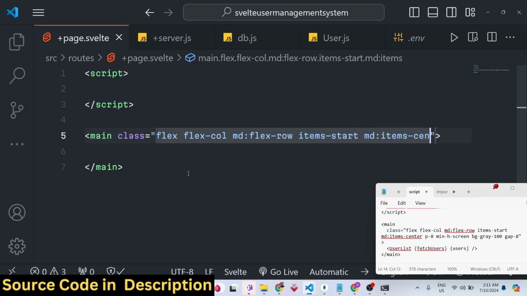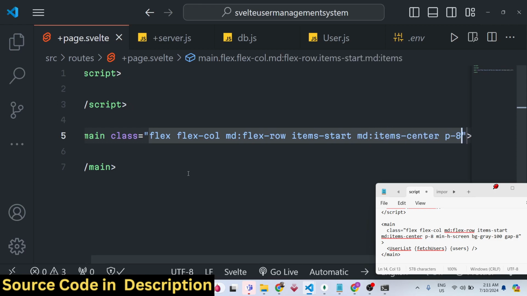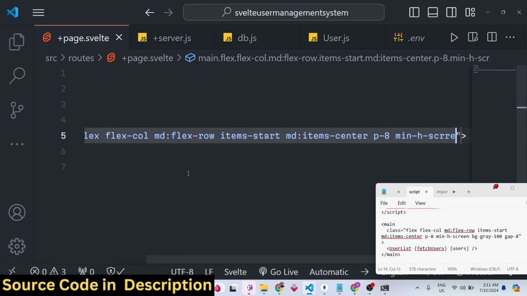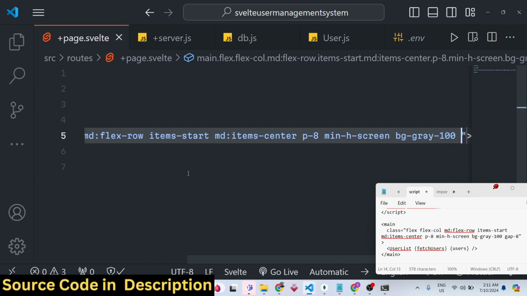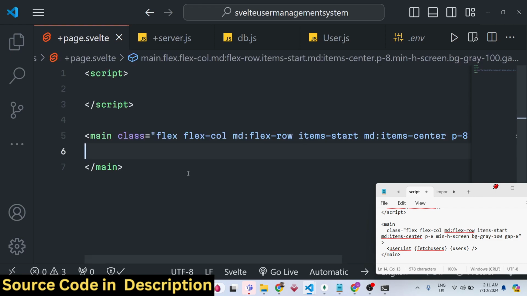These are all Tailwind classes, guys, so I will just write these classes. So this tutorial is not about Tailwind CSS. Background I will make it gray, bg-gray-100, gap will be around 8. We will be aligning this horizontally. On one side we will be displaying the user form, and the second side will be displaying the list